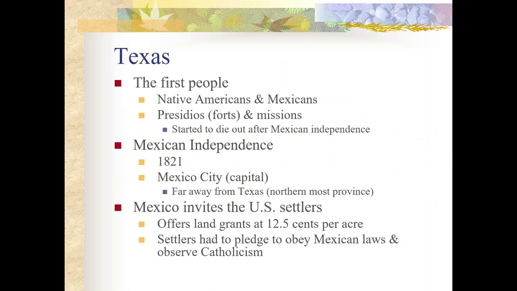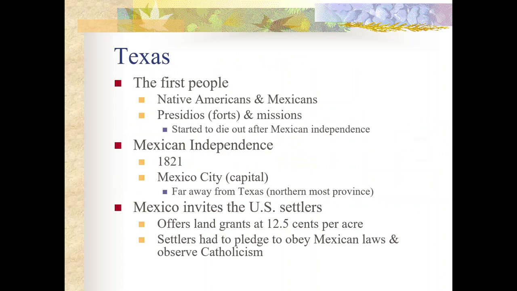Many Mexican settlers and citizens within that territory suffered from attacks of local Apache and Comanche. So Mexico actually was going to invite American settlers to settle in that territory, hoping that the more people who were settled there would discourage Native Americans from attacking. So to be able to entice American citizens to move into this territory, they decided to offer large land grants at very cheap prices.